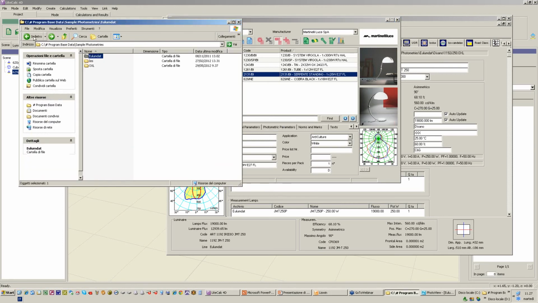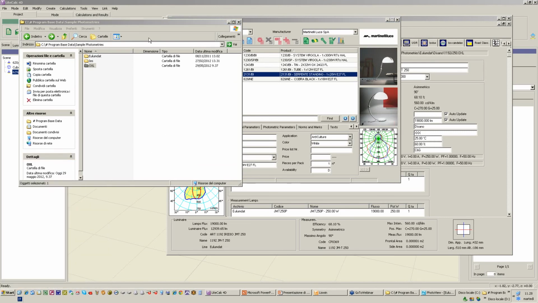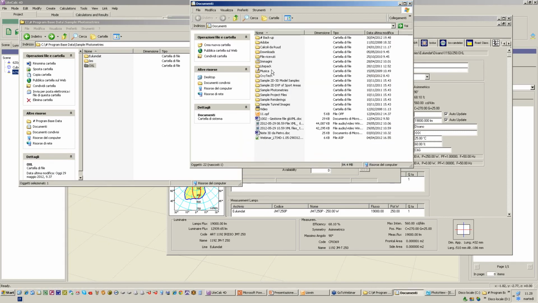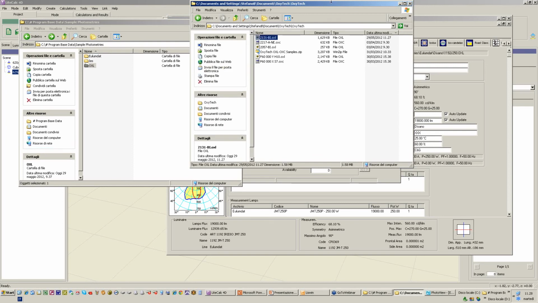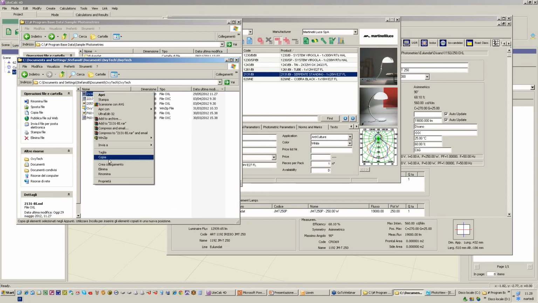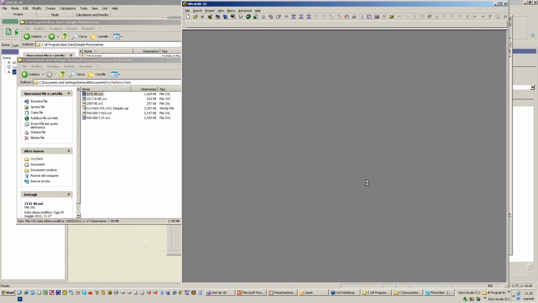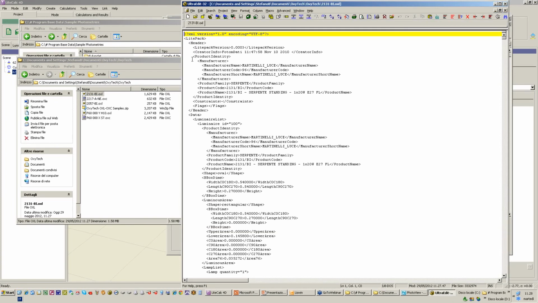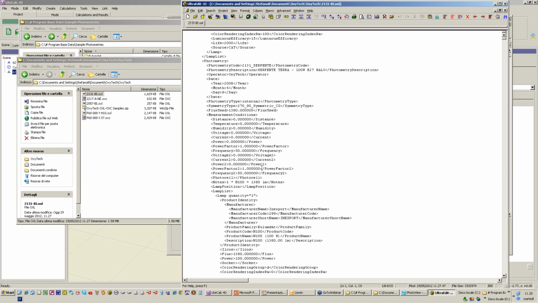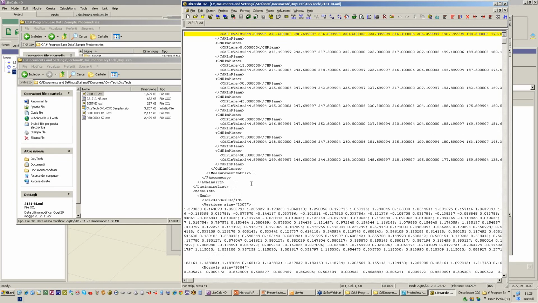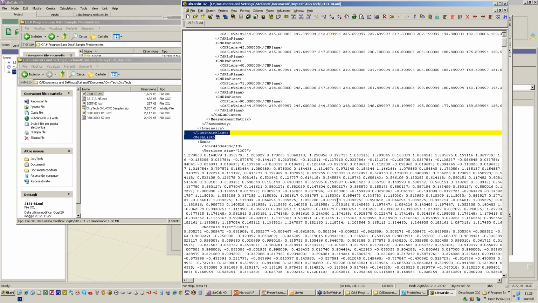But let's say that we do the other way around, as we had already the chance to see. So we have to select Documents, Oxitec and Oxitec, and this is the file we saved up to now. So let's edit this file. This file will have the information related to the manufacturer, the luminaire, the lamps, the photometry in here, and from here the mesh list, which means the 3D of the luminaire,